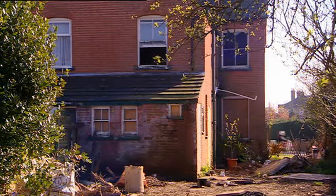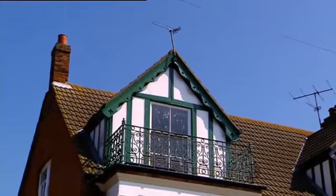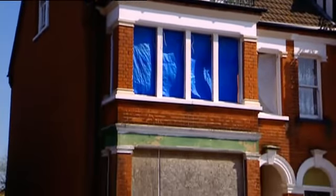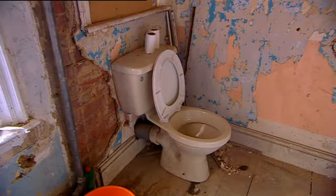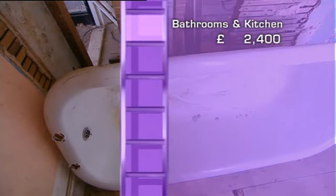£12,000 simply isn't enough to do all the work here. So Mike and Laura have to prioritise where it's being spent, and moving this bathroom is wasting what little they've got. Mike and Laura only have £2,400 for 2 bathrooms and the kitchen,